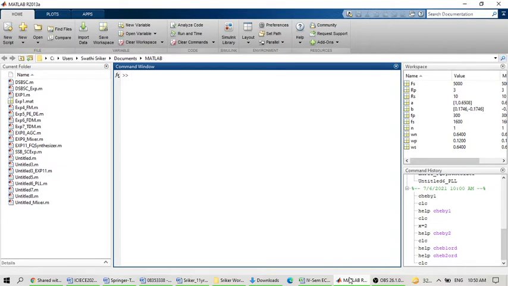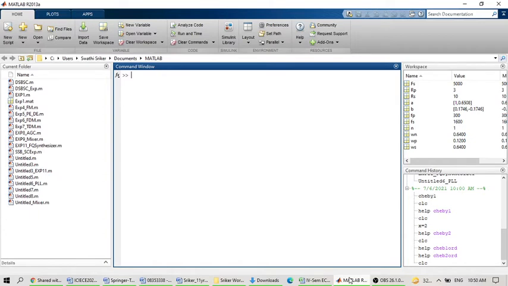In the Windows method, how would you design the filters? First, what you have to do? You have to find out the order and cutoff frequency of the FIR filter. So after finding the order of the filter, next what you have to do? You have to find out the type of the window sequence. We have the different types of windows like rectangular window, triangular window or Bartlett window, and third one is Hamming window, Hanning window, and next Kaiser window, raised cosine window.